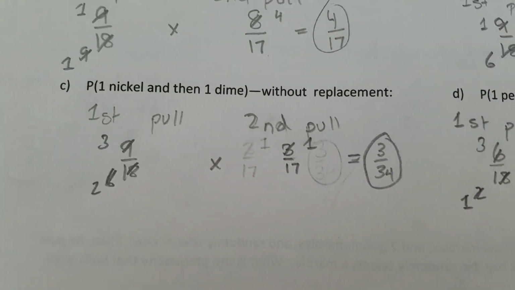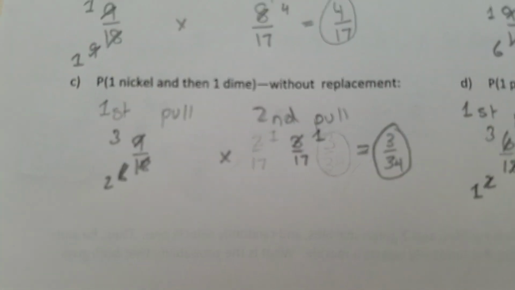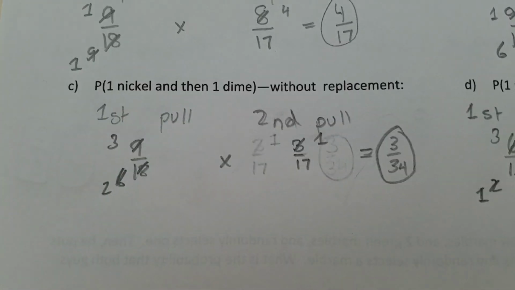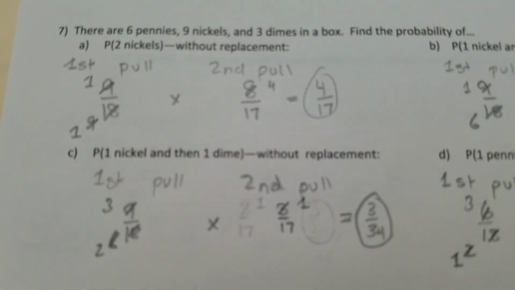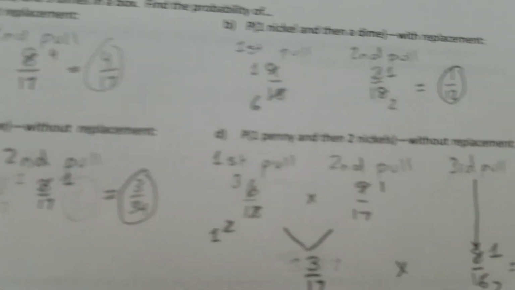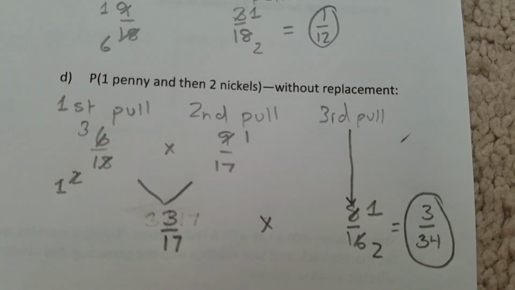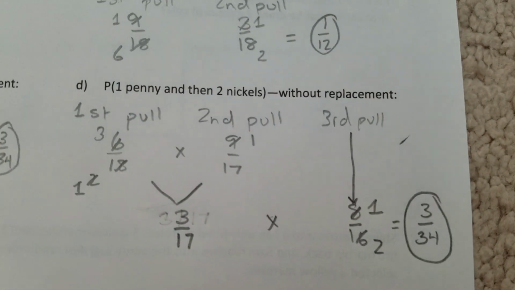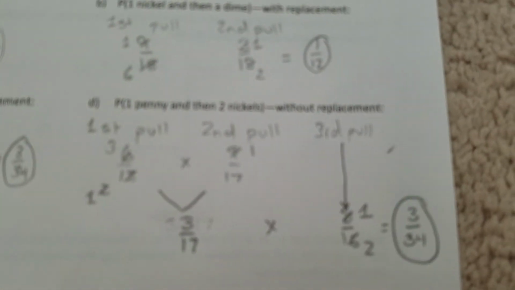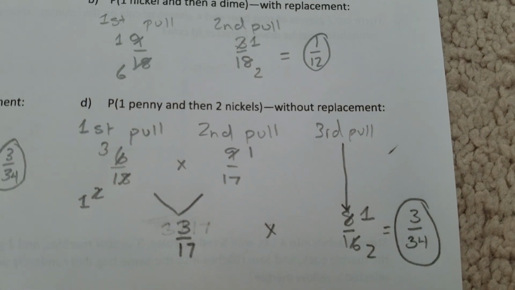In this case, it's without replacement, 1 nickel, 1 dime. So the first pull will be 9 out of 18, and then the second pull will be 3 out of 18, and then the 2 multiplied. In this case, it's without replacement. So first one, and there are 1 penny and 2 nickels. So 1 penny would be 6 out of